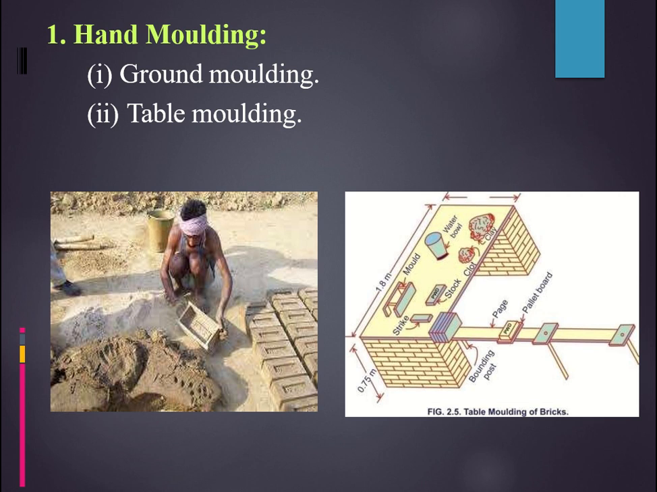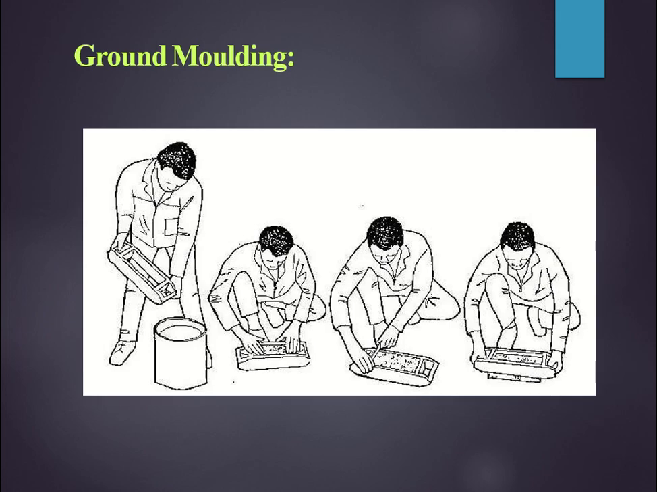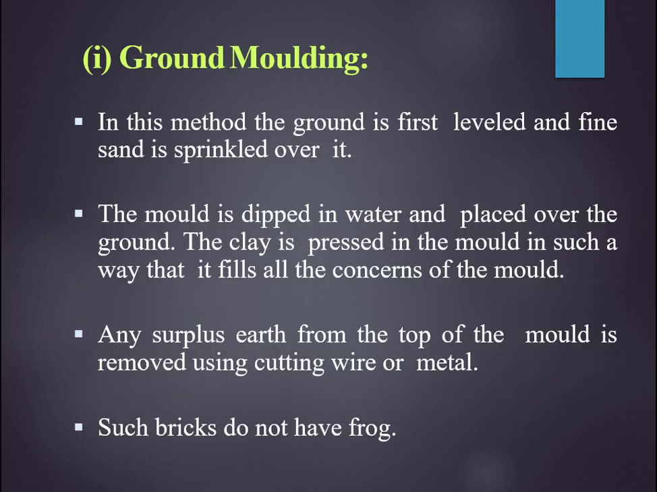So the entire step will be done on the table. Okay, so this is how the ground molding is taking place. You can observe very clearly in the diagram. So coming to the detailed explanation of ground molding, what we do is, the ground will be leveled and sand